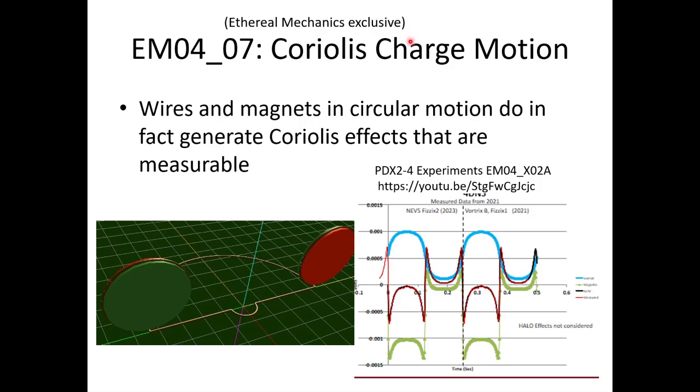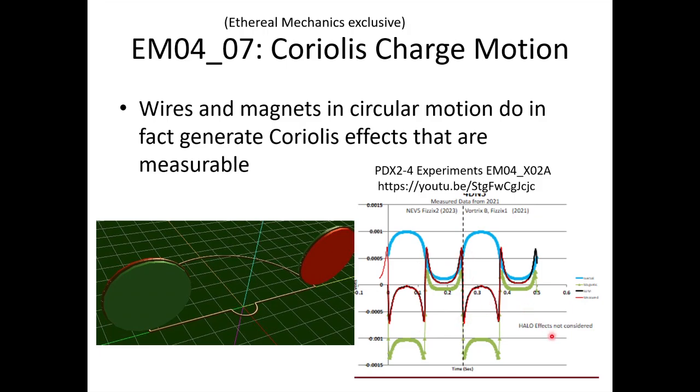And then we have the Coriolis charge motion, where if you have a current, which could be an edge current of a magnet or another loop of wire that's rotating, you're going to have Coriolis forces. And the green here is the magnetic force model. The blue is the Coriolis inertial model. And you add the green and the blue together to get the black. And the red is the oscilloscope trace of the measured